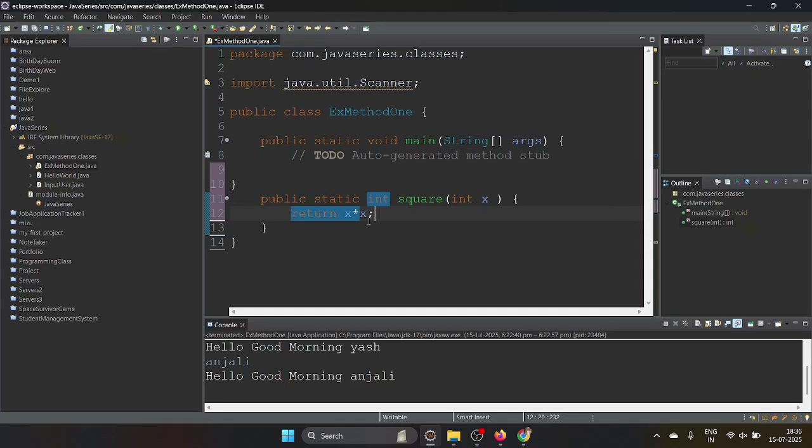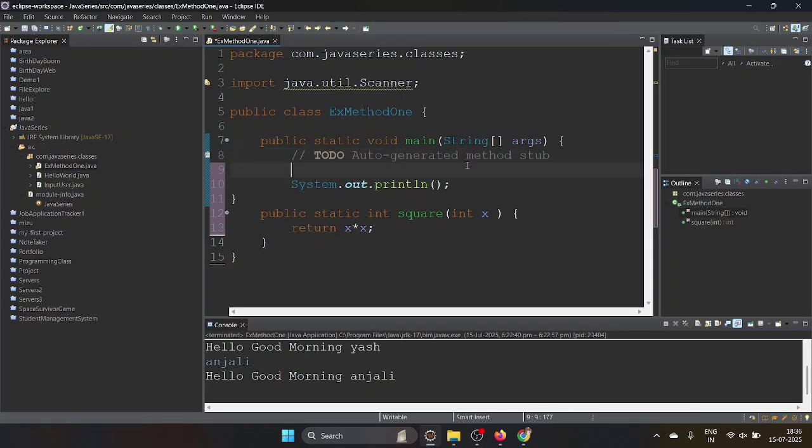You are returning something here, then here you are calling that method. Let's take sys out, and we will call the square method, and here we will give 2. It is returning an integer, so we will store it in one variable called result. Then we are printing the result.